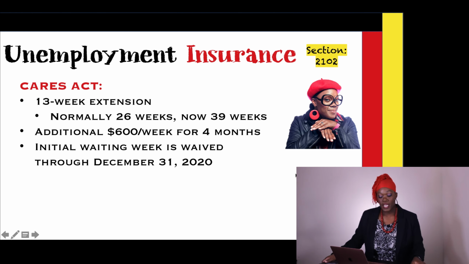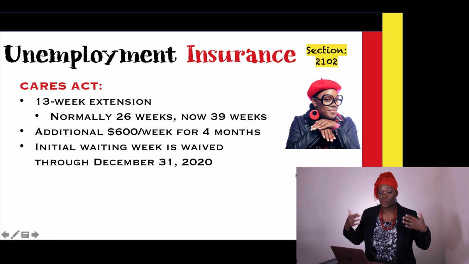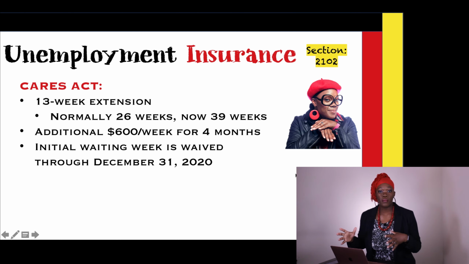Additionally, this act includes an additional $600 per week for anyone who receives unemployment for a 4-month period. It's basically there's extra things going on people need to pay for, and so because of that, they threw this in there. There was a lot of talk about this part of the act because some Congress members were nervous that with this additional $600, some people would make more money on unemployment than they would in their regular job. And so I wanted to make sure and mention that because they're probably going to have